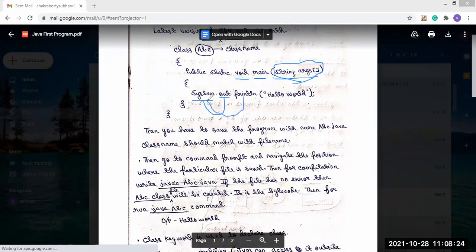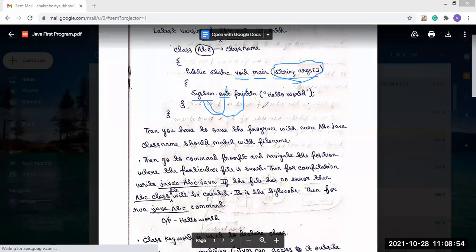And println is what? Println is the method used to print the string, and it is present in the PrintStream type. So in System class, out is the static variable, and println is the method to print the string on the console.